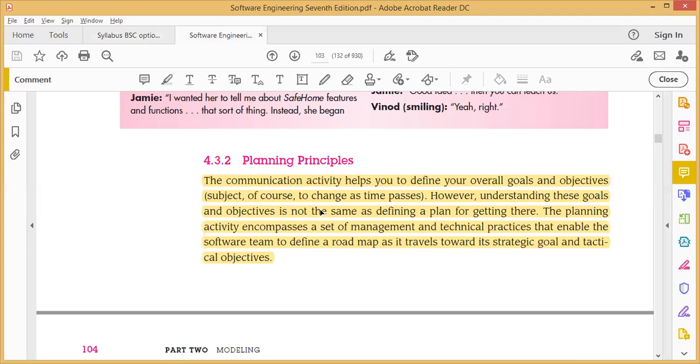In planning principles, the communication activity helps you define your overall goal. Planning is nothing but identifying the goals, which important parts we should focus on most, and the objectives, which are subject to change as time passes.